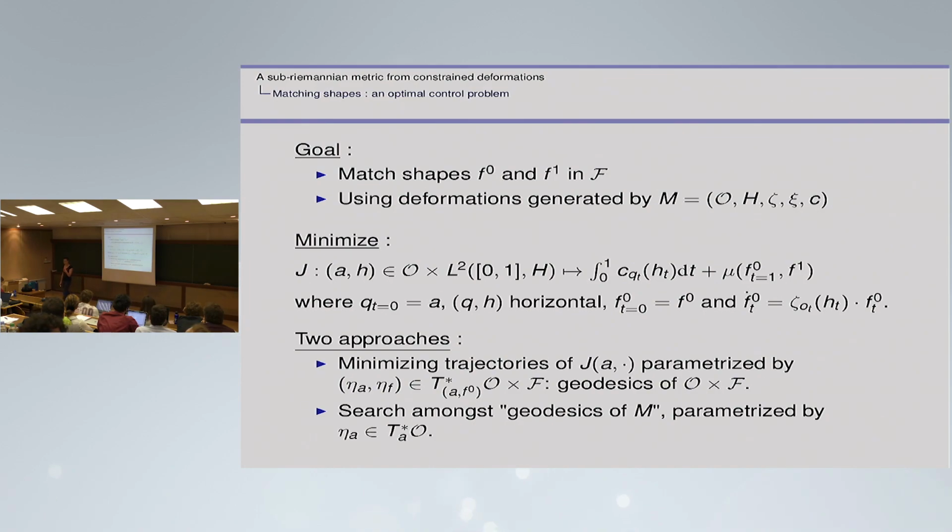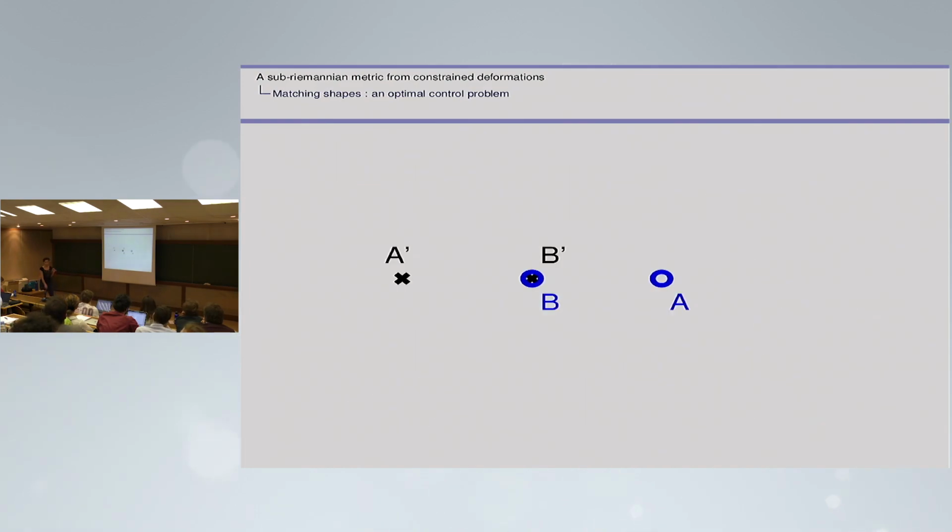In general, they can give very different results, and I give you one very, very simple example to show how different the behavior can be. So here you have two shapes. The first shape is in blue, so you have points A and B. And the second shape is in black, A prime, B prime. You suppose that you want to match A into A prime, B into B prime. So B is not supposed to move. And you want to do that with one translation that you impose to be centered at A.